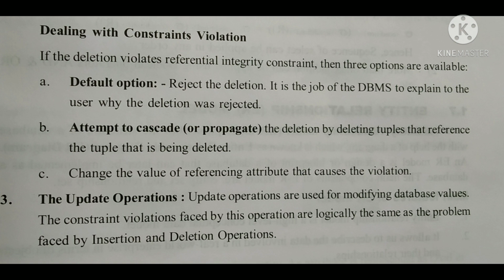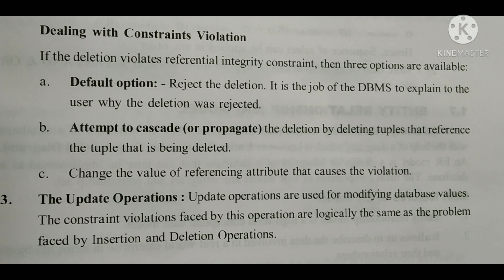Then we go to dealing with constraint violations during deletion. When deletion violates the referential integrity constraint, three options are available.